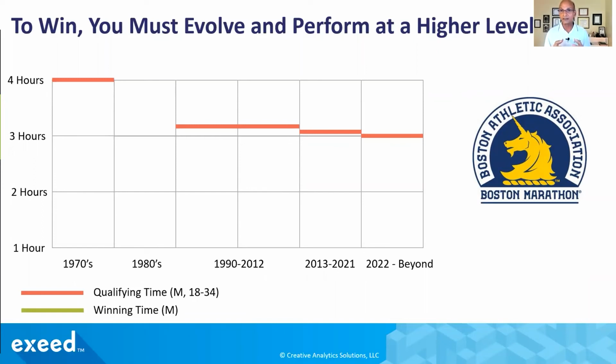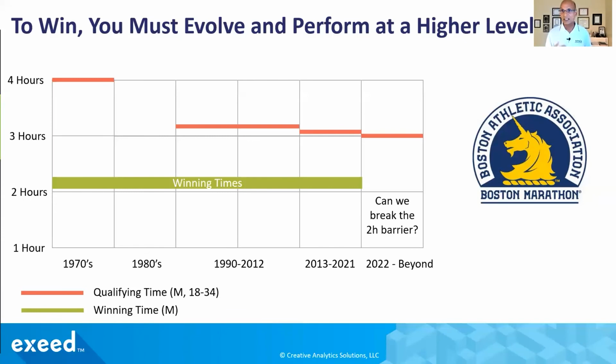This is how I look at the evolving regulatory environment. It is much more difficult today, right, than it was before. But guess what the winning times are? Around 2 hours, consistently. So the point that I try to make here is that being able to comply with these evolving requirements is what we must do to get in. But to win, we have to do more than that. And look at Boston. The ambition is, can we break the 2-hour barrier? It'll be interesting to see what happens. So this is just a philosophical thought, and that's why I chose this topic today to share with you.